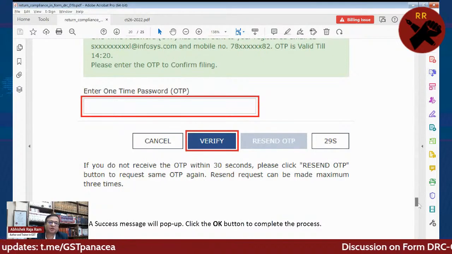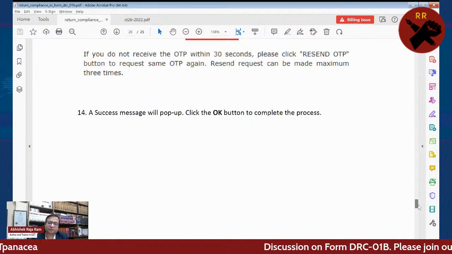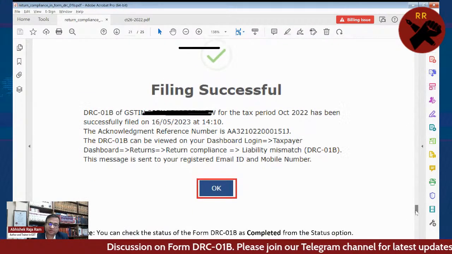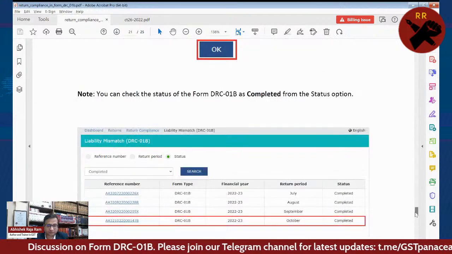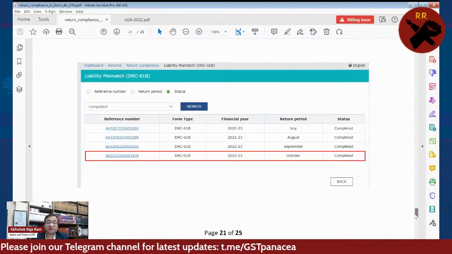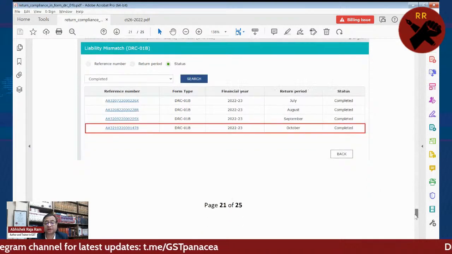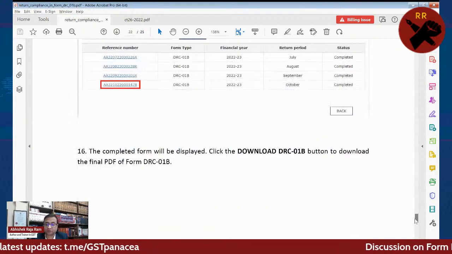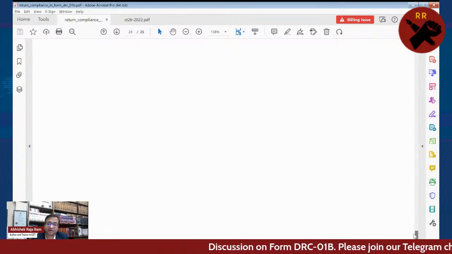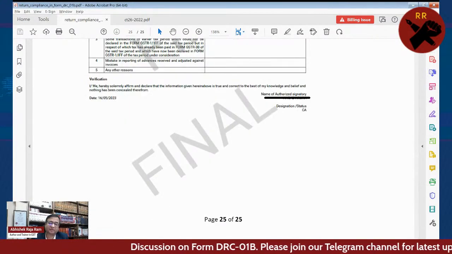If you are using OTP, they will give you an OTP and you file this and verify it. Then filing successful. And when you go to the status of liability mismatch, it will show you it is completed. So once it is complete, you should again download this file DRC-01B even after filing.